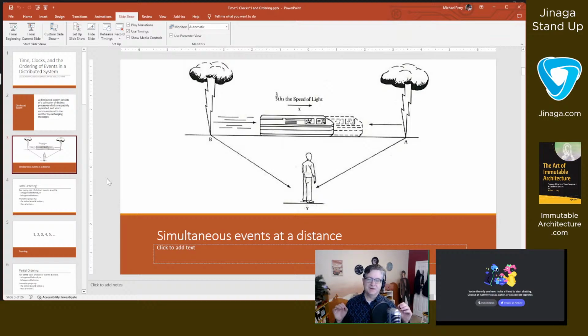The point is that we think about A and B as happening simultaneously, but from the point of view of the observer Y, they do. From the point of view of the observer X on the train, they don't. A happens before B to the observer on the train. And so,